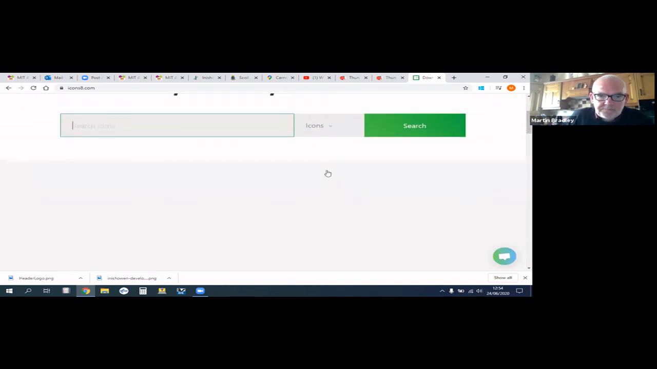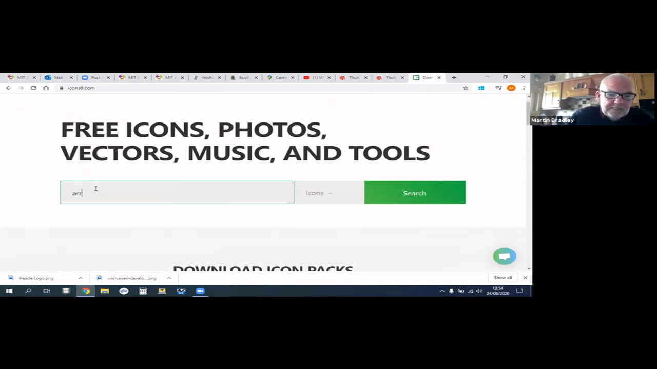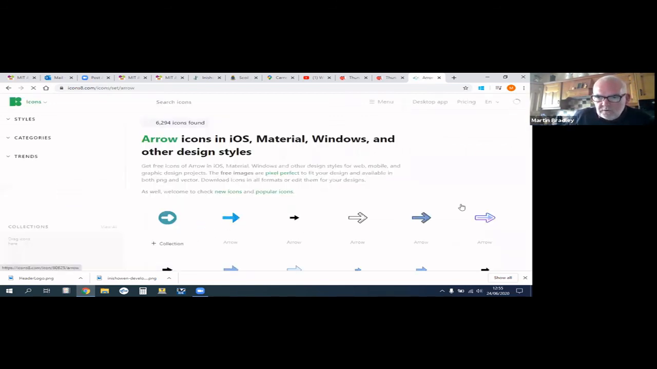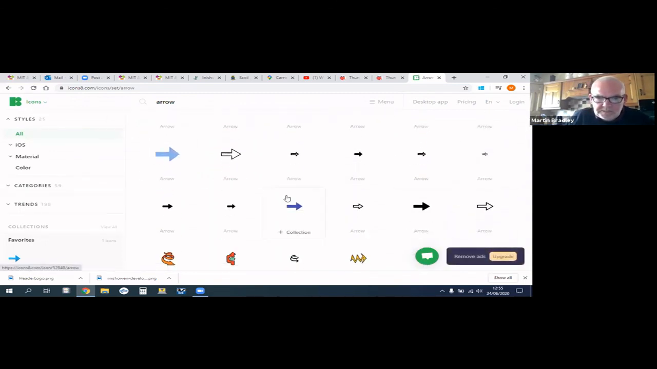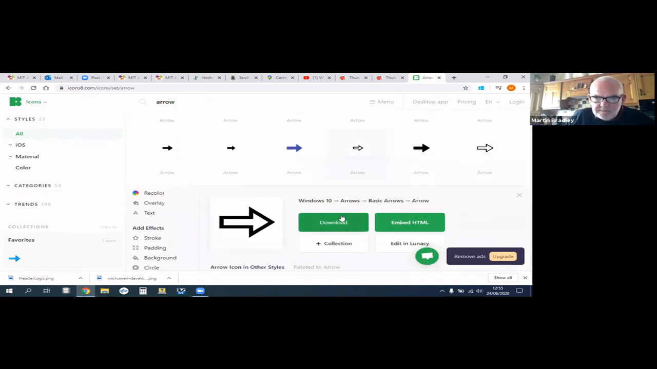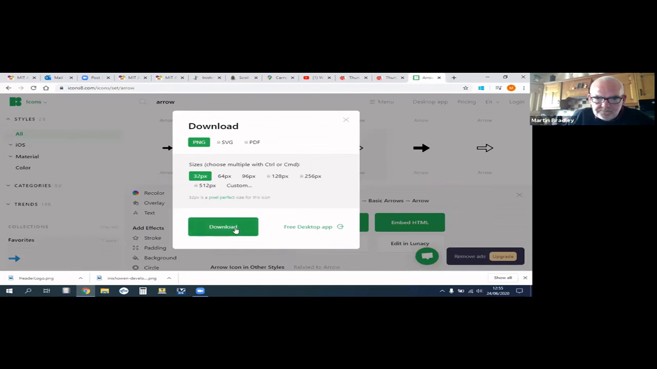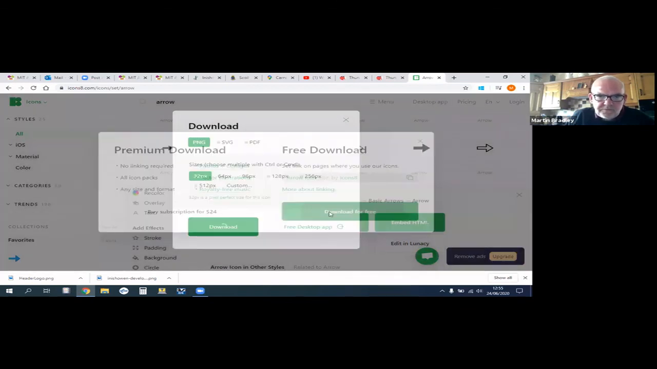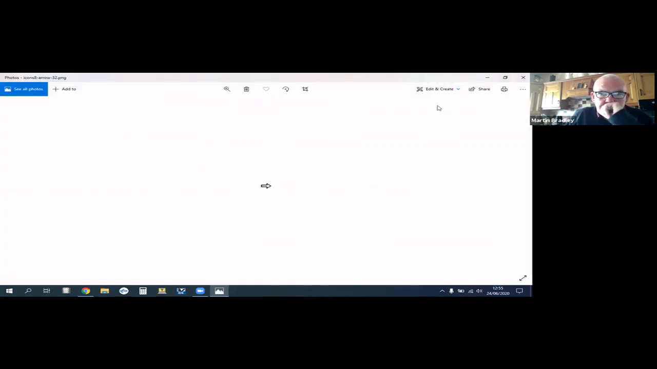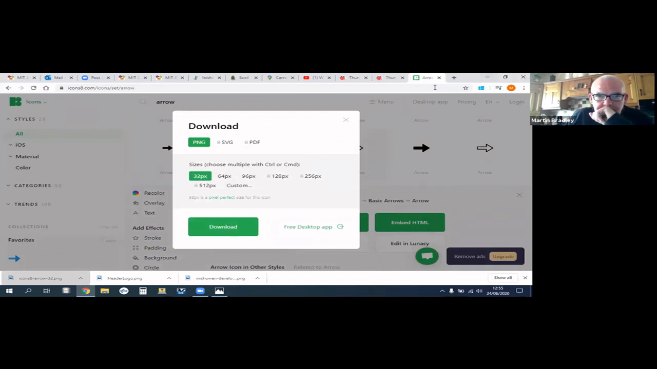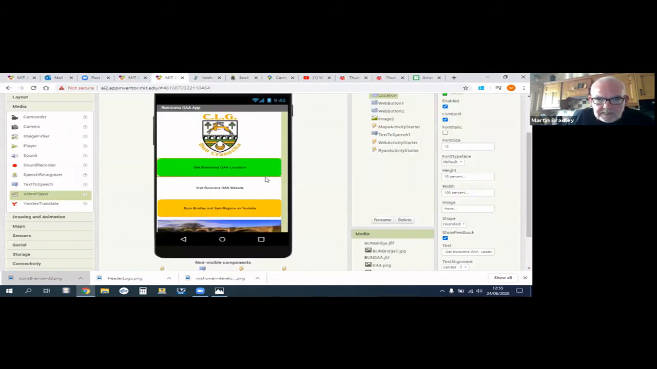Again, my internet's a bit slow, but basically, if I just type in arrow, I have a whole selection of arrows that I can choose from and download as an image and take them into my app. So for example, you can pick any one and download for free. And now I have a new image, and in my app I could have taken that arrow and placed it here,